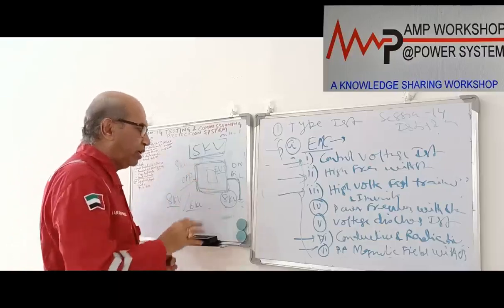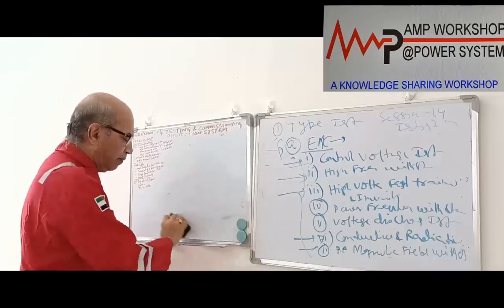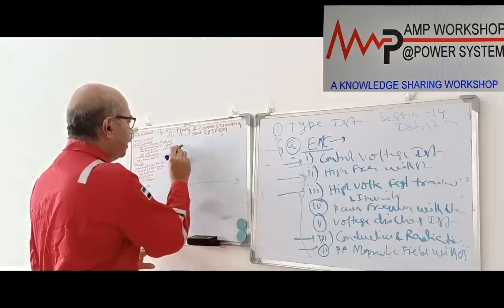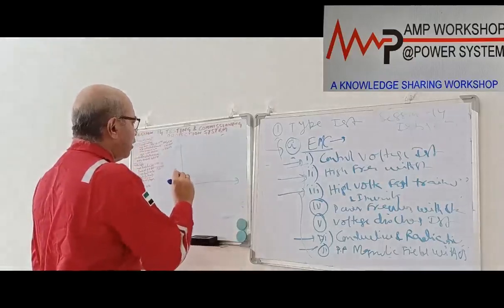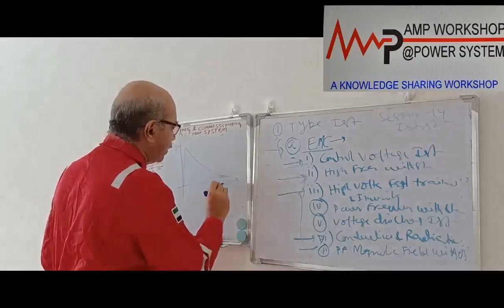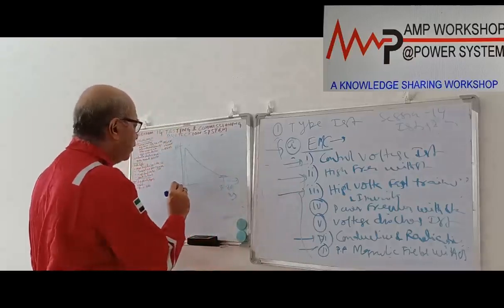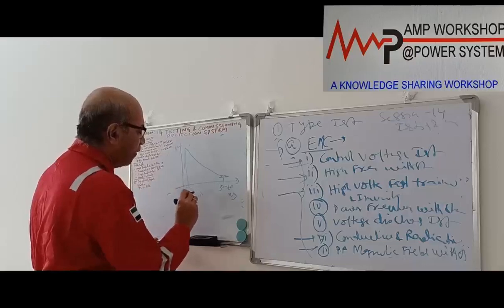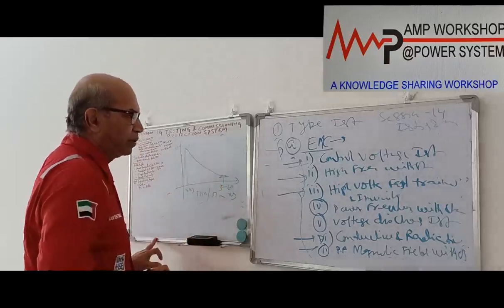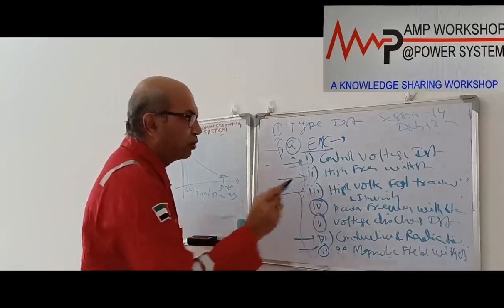And then during the discharging, how this discharge will take place, the current profile, if you see, the current profile will be like this. This will be 100% current, and initially the current will reach 100% in 5 nanoseconds, and it will drop to nearly zero value in 50 to 60 nanoseconds. So you will call it a 5 nanosecond by 50 nanosecond waveform. This is the waveform of the current discharge from this. So with this type of current discharge, discharging the electrostatic charge, the relay should not operate.